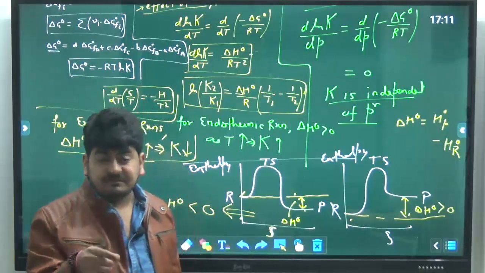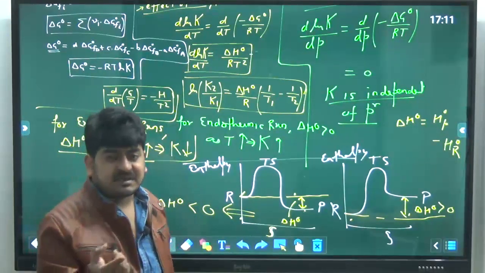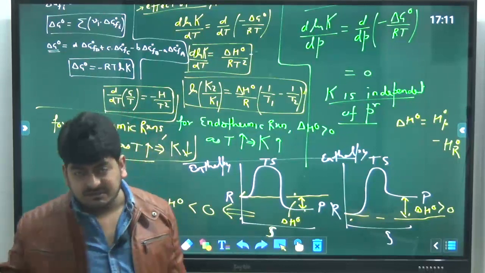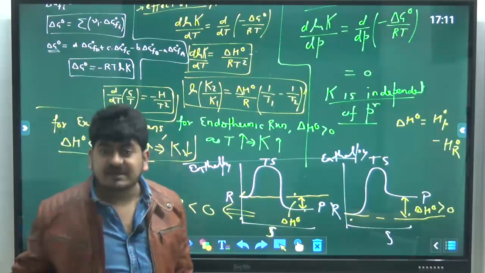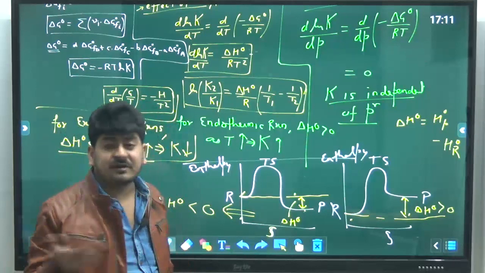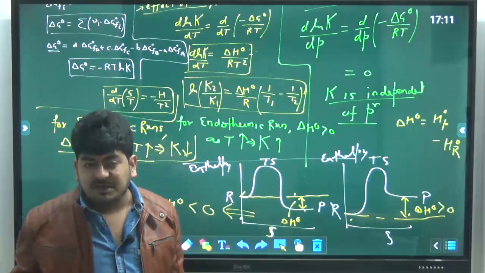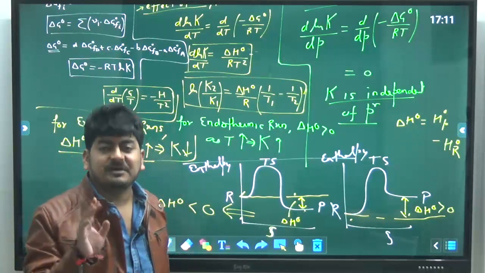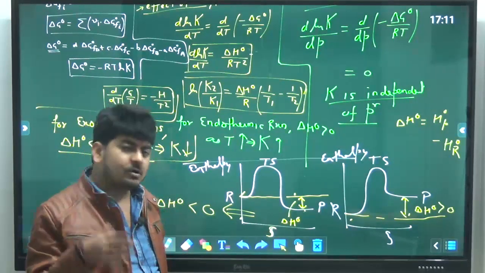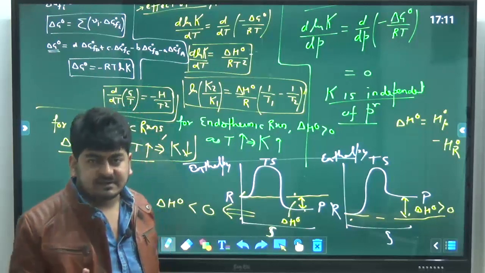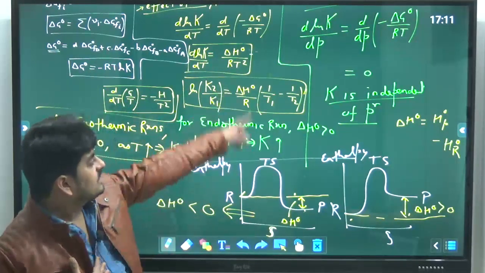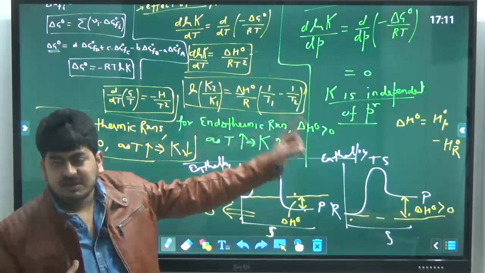That was a mistake from their side, and they rectified that mistake just 2-3 years back. There was the same question one more time for equilibrium constant, and they mentioned in that official answer key that it is a function of temperature only. So we should know all these things. If we know the concept, K can never be a function of pressure.